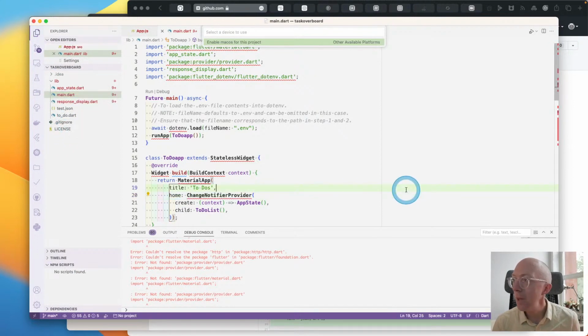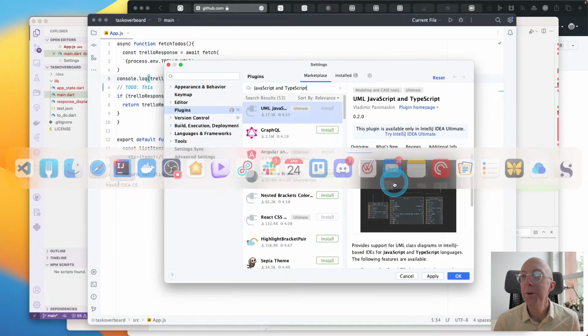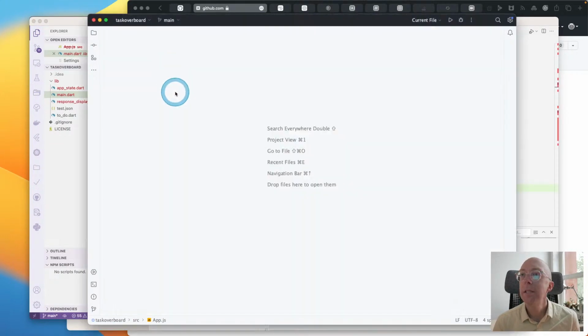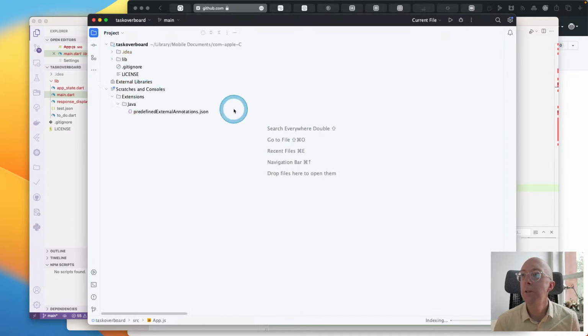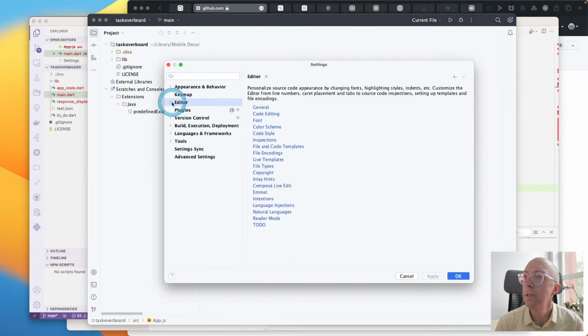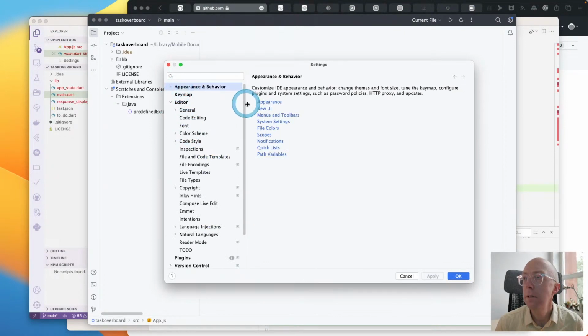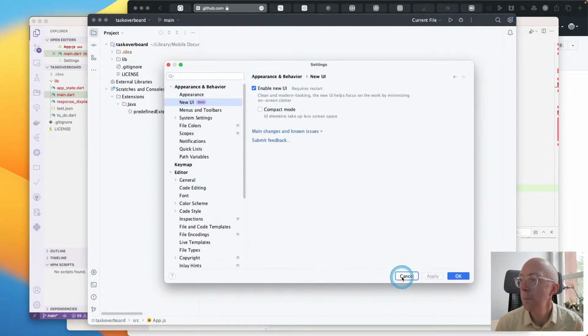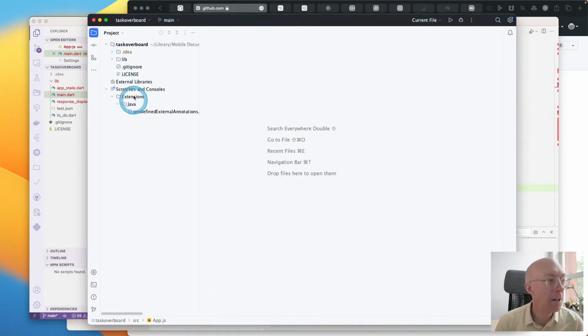That's okay. What I wanted to do was now switch into IntelliJ, and we should now have the new UI. I don't know if it's coming across on the video, but unfortunately if I want to change things, I have to keep restarting, which is a pain for demonstrating. Let's just see out of interest. No, it requires a restart, but this is definitely a much higher contrast than the older version. I am finding this a lot easier to see, and I'm running this on my low resolution monitor as well.